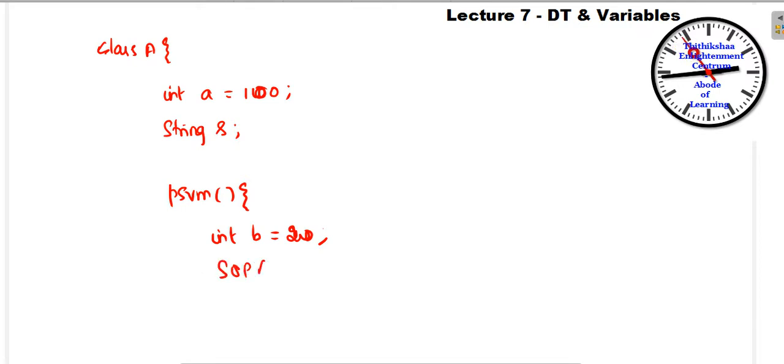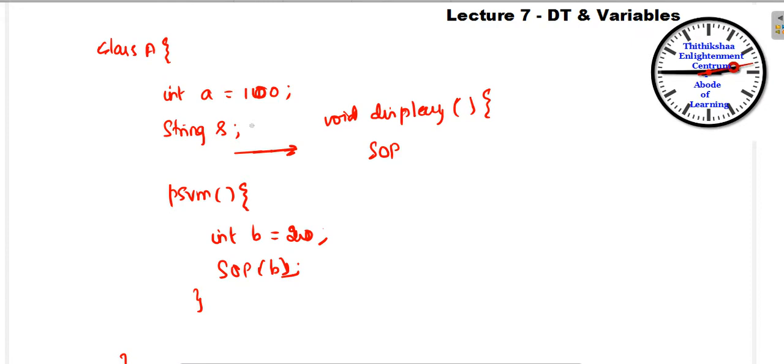System.out.println, I am printing. Say here I have one method, void display. Within this method you can access this string. If you print the string, it will give the value as null.